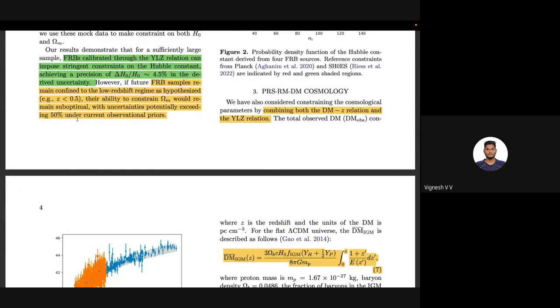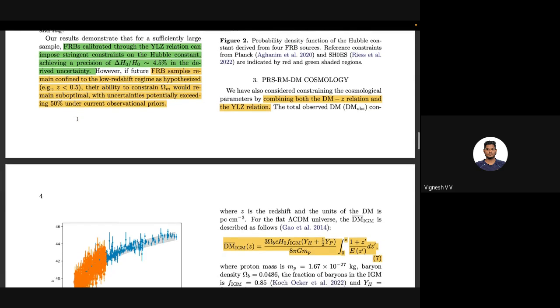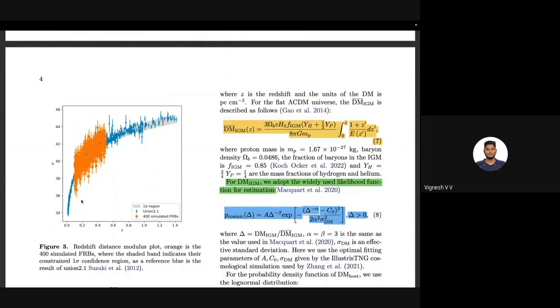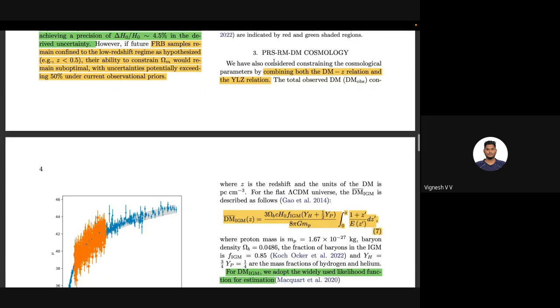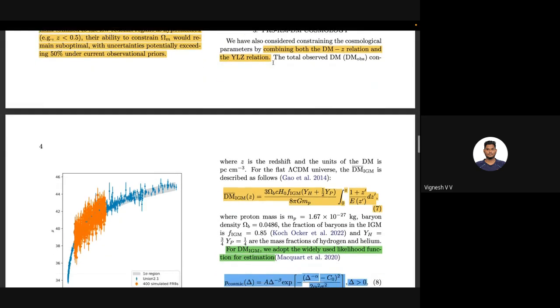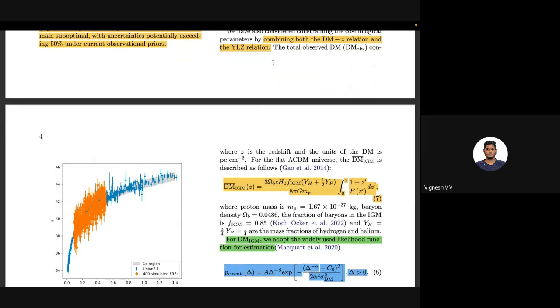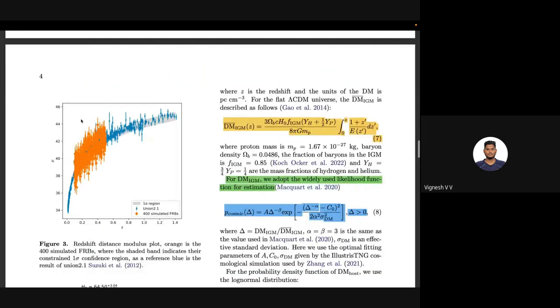So later they combined both methods, the PRS rotation method and the traditional one. So here you can see they generated 100 samples for the comparison. Here you can see that